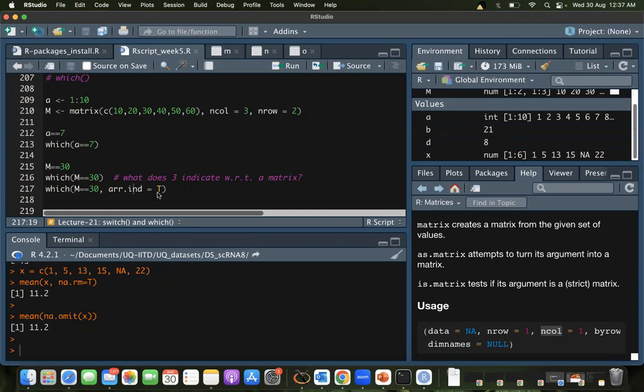Okay, and for this part, so this is our matrix, right? So matrix is defined with first rows, and then you specify the columns. So now what we are doing here is